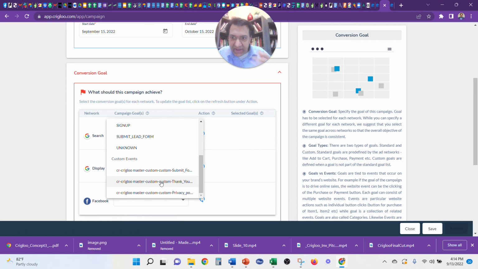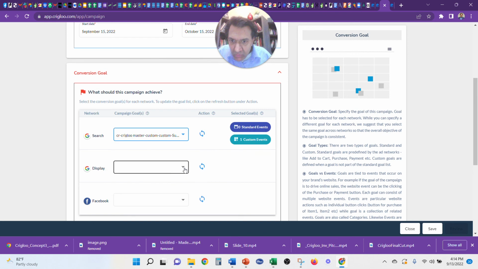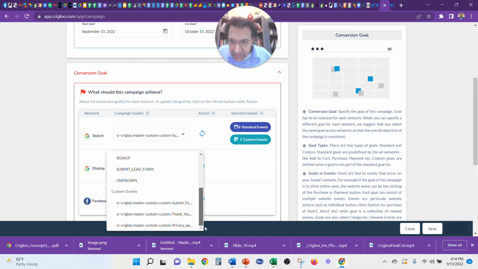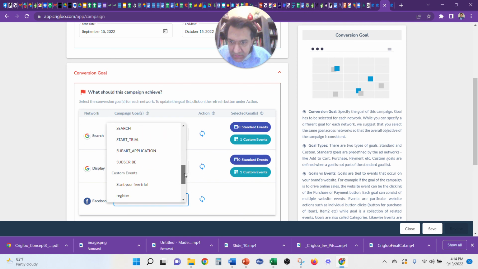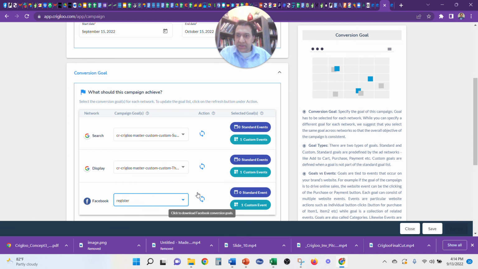So remember, I created 3 custom events. You should be able to grab them, like 1, and then 2, and then the final one is, okay, let's look at register as an example. Okay, so you can see these goals being set,